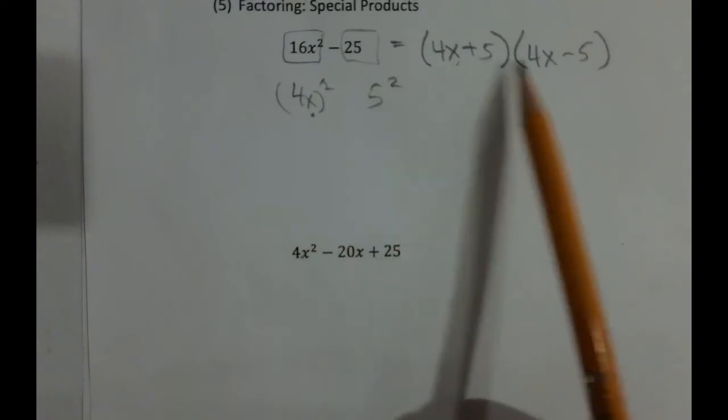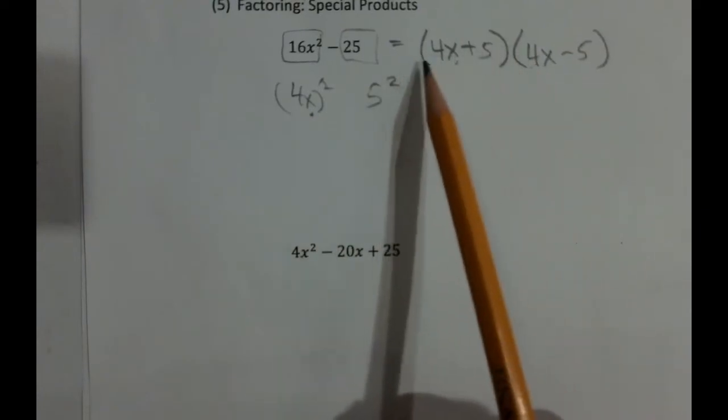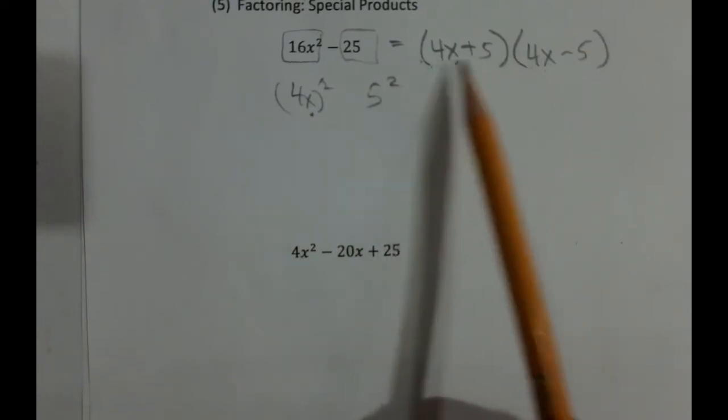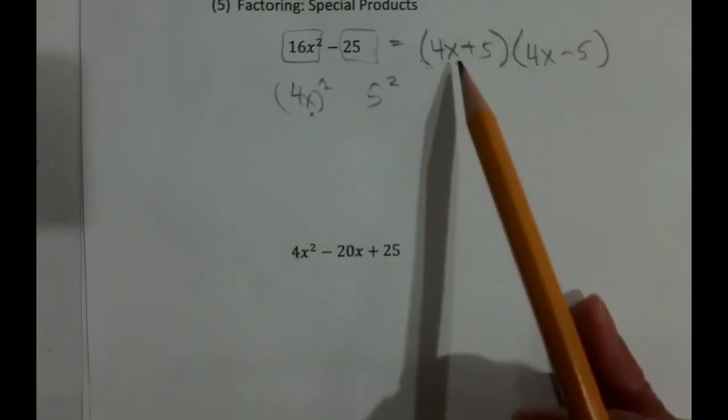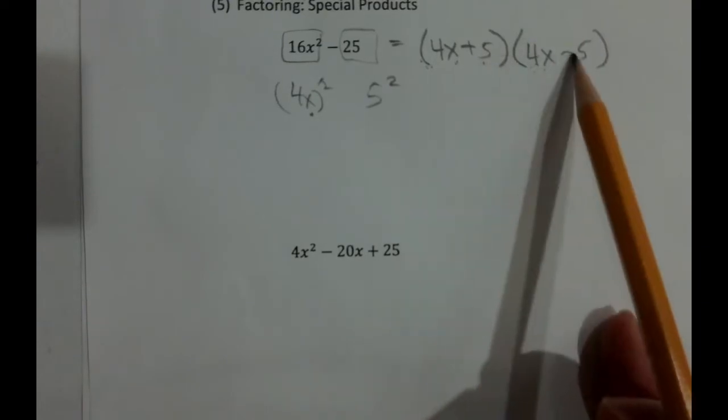So that's 4x squared, or 4 squared x squared, or 16x squared. I meant 4x squared in parentheses, but I know verbally it doesn't sound like that. And then my minus 25 here,